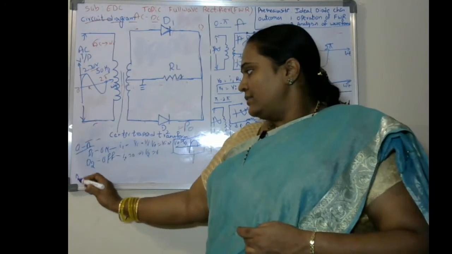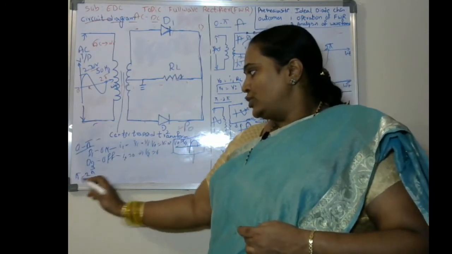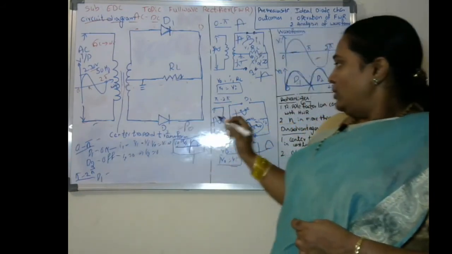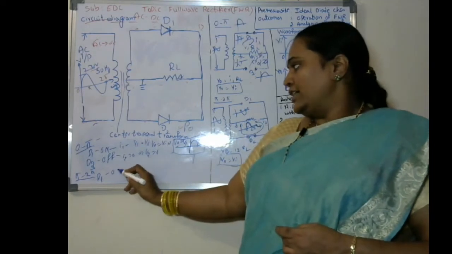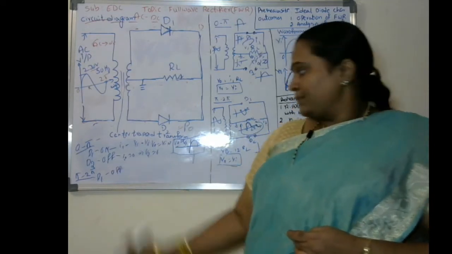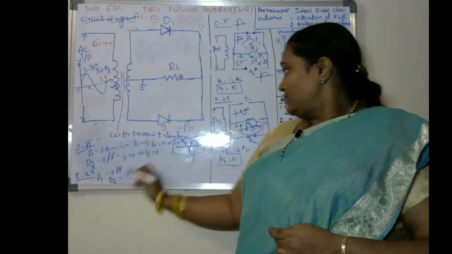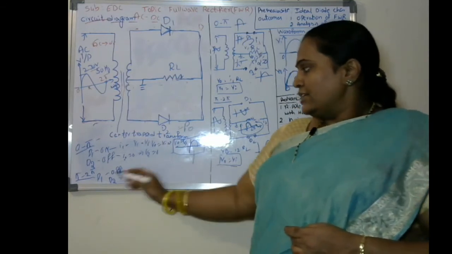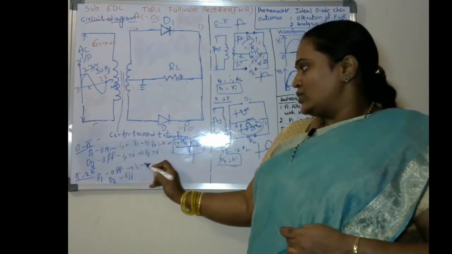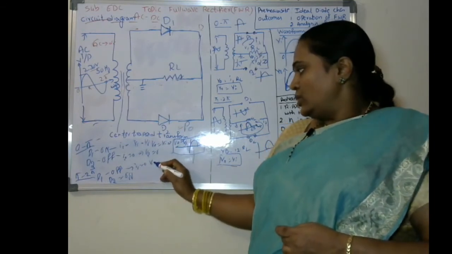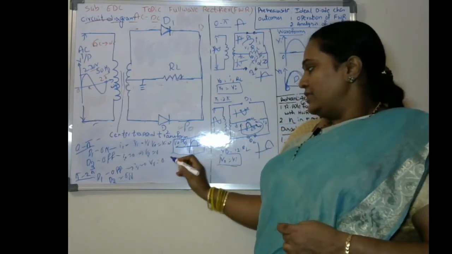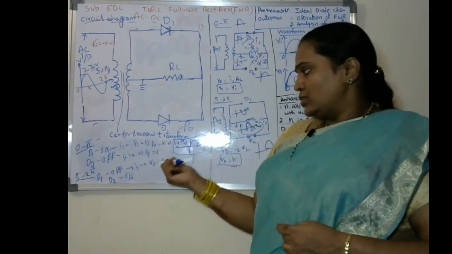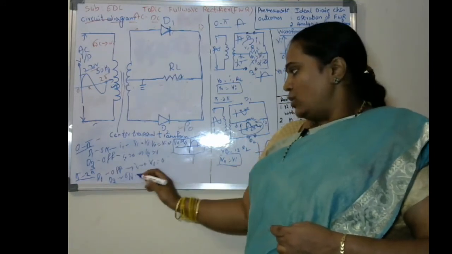The next case is the pi to 2 pi case. In the pi to 2 pi case, if you observe, diode D1 is in the off condition, nothing but a reverse bias case, and D2 is short circuited, it is on. Whenever it is off, the current I1 is equal to 0. Whenever the current is 0, the voltage V1 equals 0. Since V1 is equal to 0 in this case, we do not expect any output voltage through this diode. The next one is D2 in the on condition.